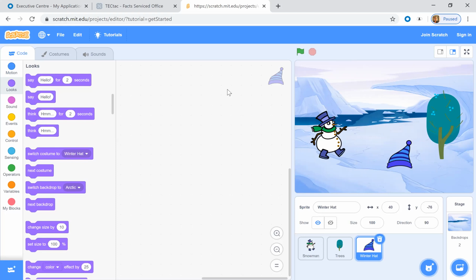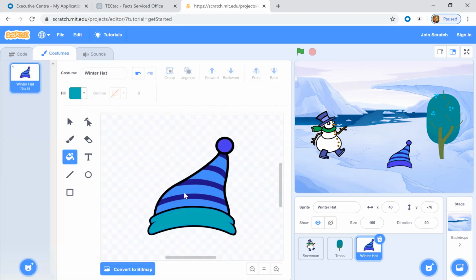Now let's code for the hat also. Sagarika, how many costumes do we have? Let's first check the costume. Only one. Then let's duplicate it and create more than one.